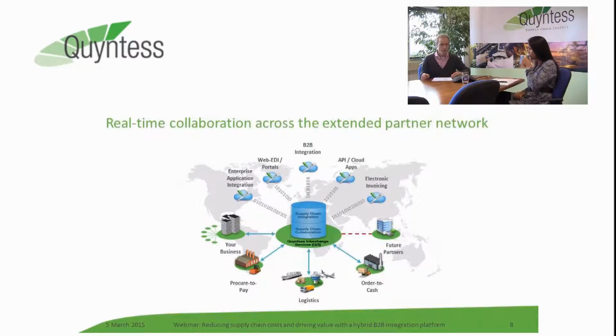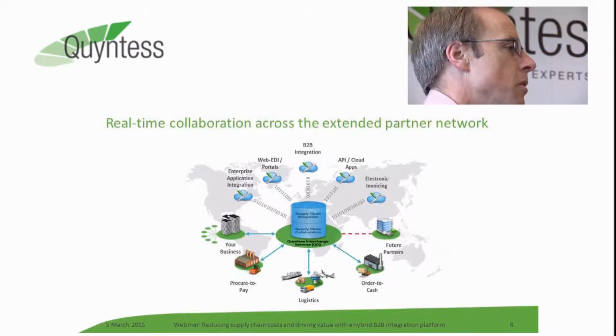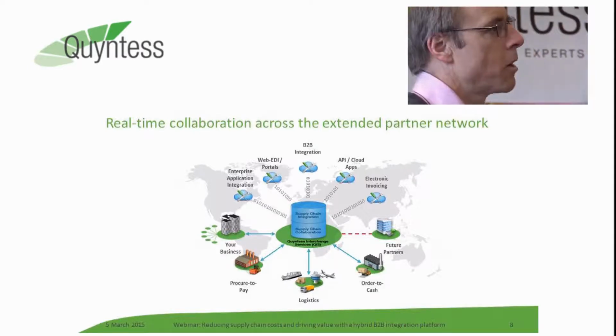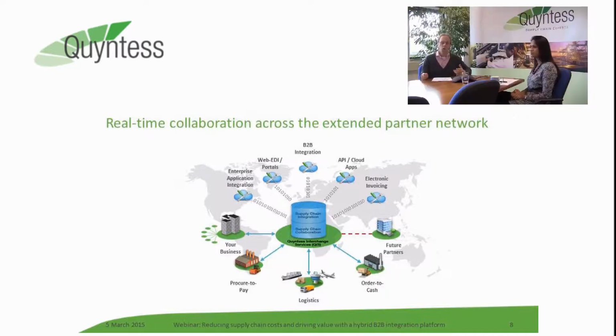At the architecture level, what we try to achieve is that instead of creating a network of one-to-one relationships with the partners in the network, if we look at our own company or our customer, typically you see this on the picture, on the left-hand side, at the 9 o'clock level, you see your business. And by connecting to Quyntess interchange services once with this unique arrow, you actually reach and connect all